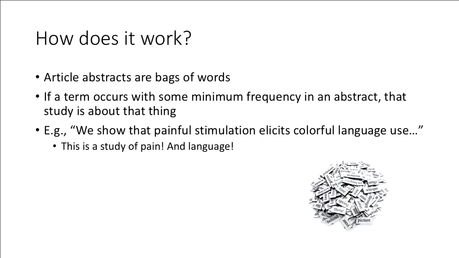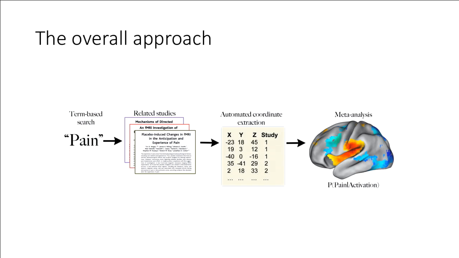Nonetheless, if you're willing to make that assumption, then you can set things up quite nicely where, in effect, you're saying, hey, let's do a term-based search in the literature, pull out all the studies we know about that use the term pain, and you get some studies. And then we have this parser that just extracts coordinates automatically, with lots of error again, right? But it does. And at that point, you have just a giant spreadsheet.